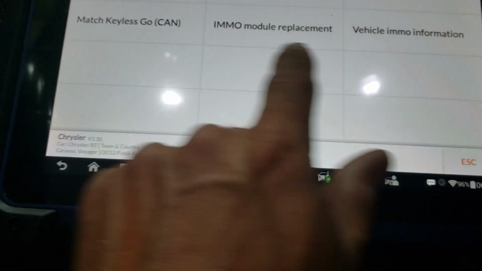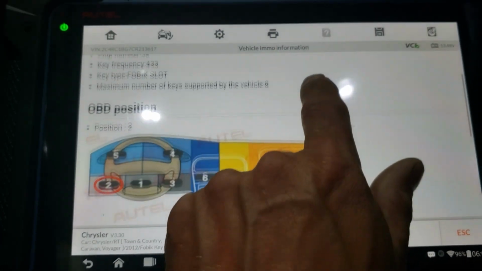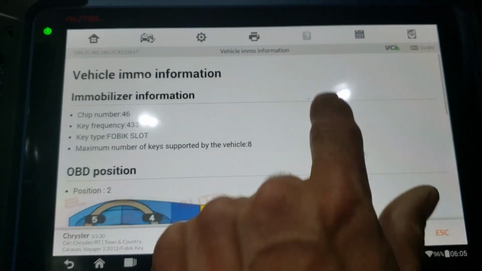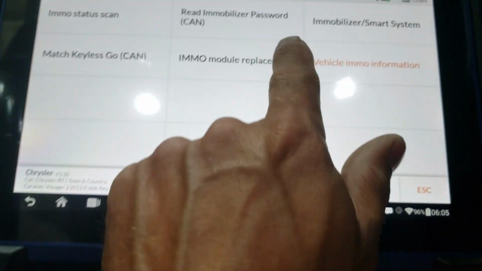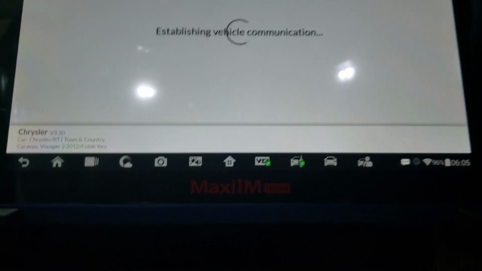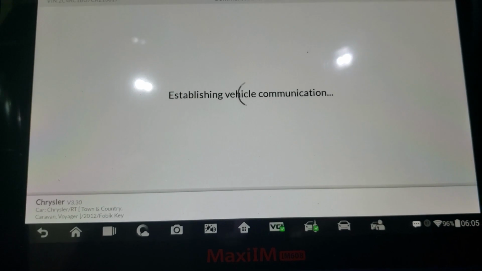Just so you know, if you click on vehicle immobilizer information, this gives you a bunch of information about the type of key, the transponder type, and other information. Very handy. Pretty cool stuff. Now, the cool thing, I think this is really neat, is this IMO status scan. Okay, this is pretty sweet because it gives us a really cool